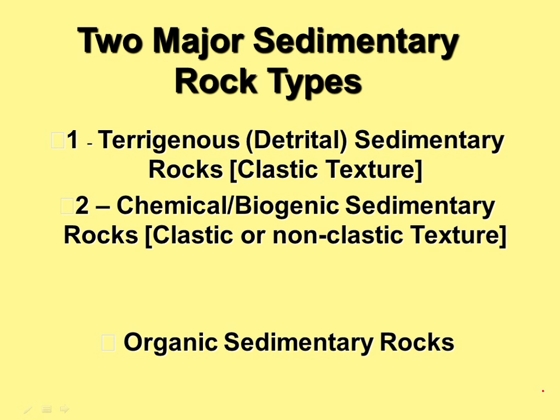I put this thing at the bottom because you like to think of things as being all very nice and well organized in life, everything fitting in its own little pigeonhole and so on and so forth. But there are examples of what we call sedimentary rocks that don't fit into either one of these categories. And organic sedimentary rocks fit into that category. The most obvious example being coal.